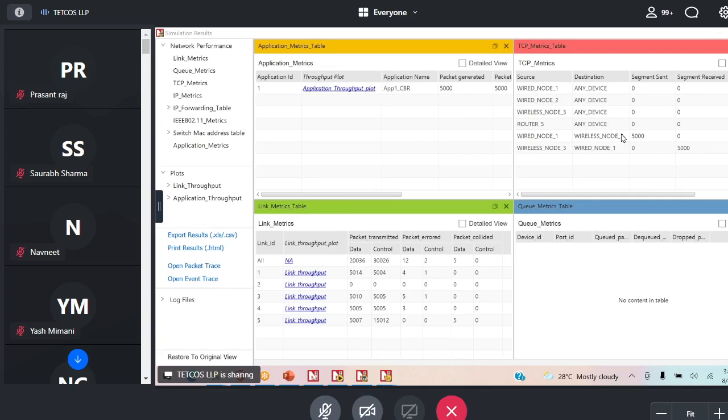Similar to metrics, the user can also have custom plots. By default, Netsim generates a link throughput plot and an application throughput plot. We have only one application, so one application throughput plot is generated here. You can see the application throughput plot. And similar to the application throughput plot, we have